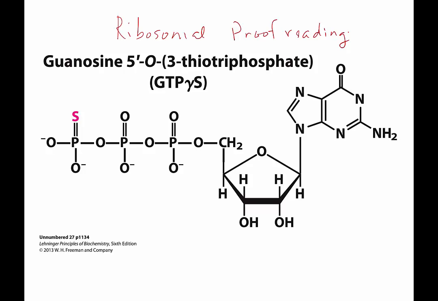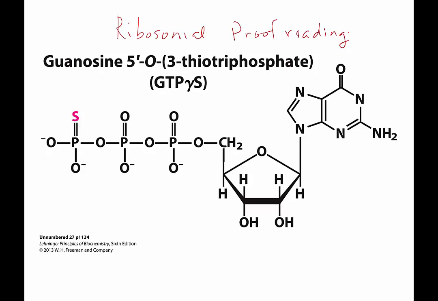This short period of milliseconds allows for codon-anticodon pairing to be proofread. If the incorrect tRNA is bound, it can dissociate during this time. So if the correct anticodon-codon pairing does not take place, then the tRNA will just dissociate,